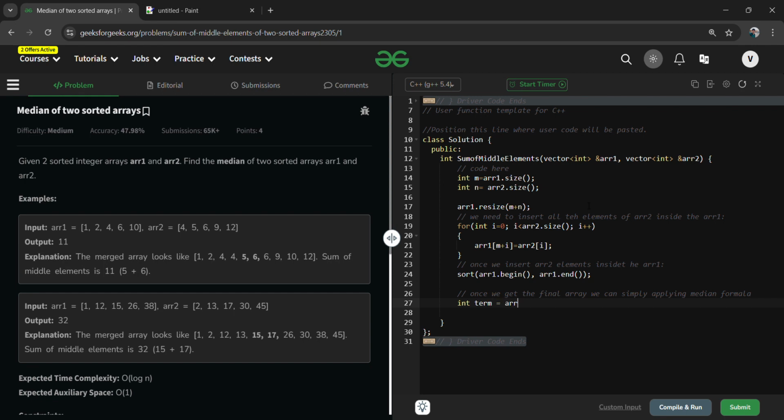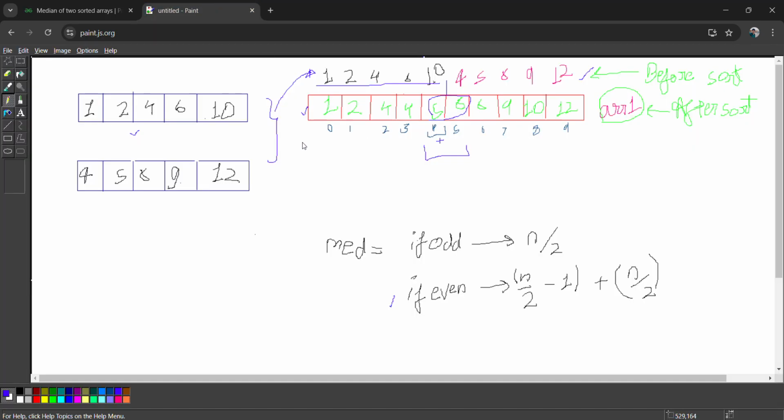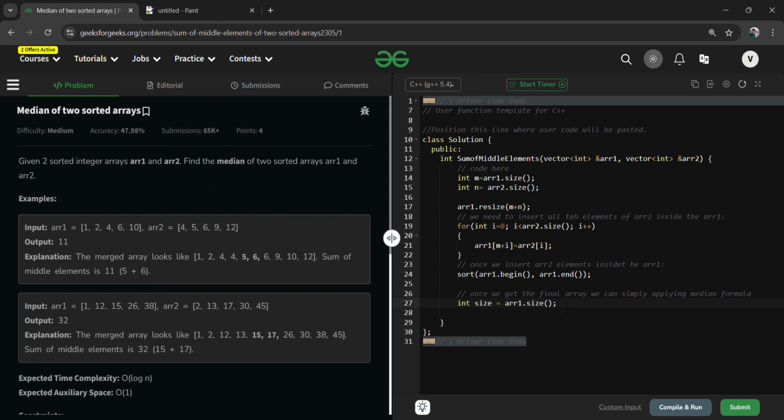So here I have defined a term. Let's say size is equal to array1.size. Now we have taken the complete size of this particular array, whatever we actually get. Then we have to say: if size modulus 2 is equal to 0, that means if it is even, we need to apply the formula n by 2 minus 1 plus n by 2. So we need to simply return,